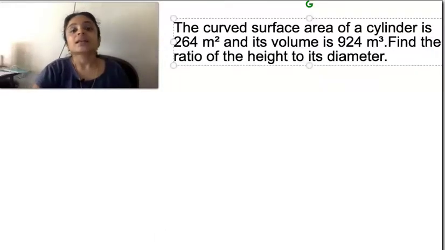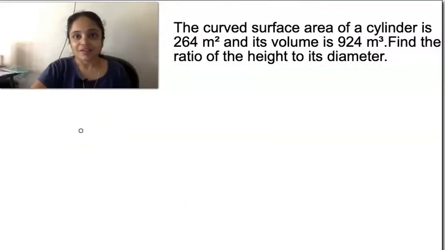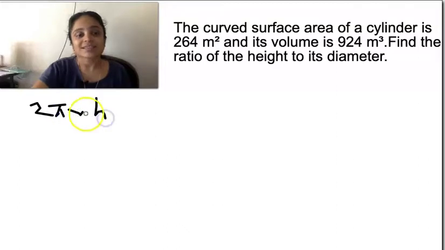First question is, the curved surface area of a cylinder is 264 meters square and its volume is 924 meter cube. Find the ratio of the height to its diameter. That is the question. Okay, what is the curved surface area of a cylinder? What is the formula? It is 2 pi r h equal to